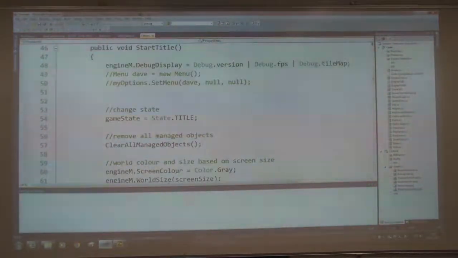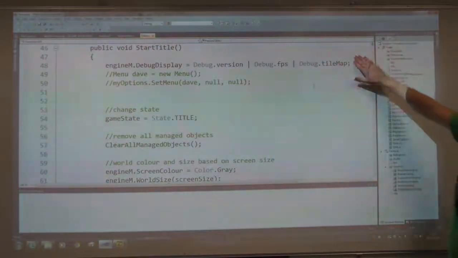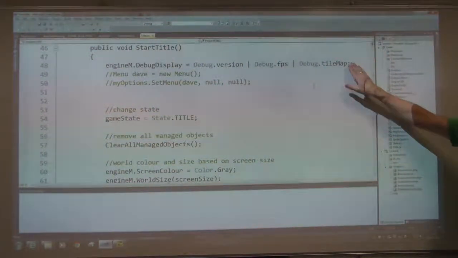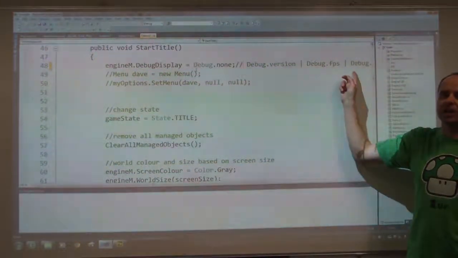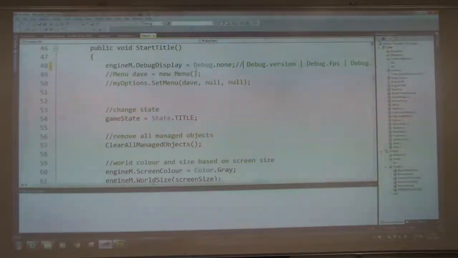So if we just look briefly at what's in here, I've got some debug information that I want to display. If I don't want that on, what I need to do is to say debug information none, and comment out the rest of the line. But you will, when you're doing things and things start going wrong, let's say your game starts slowing down for no reason. You've only got one sprite on screen and it's slowing down. You'll want to put the debug information on to see how many sprites the engine's drawing, and it'll tell you